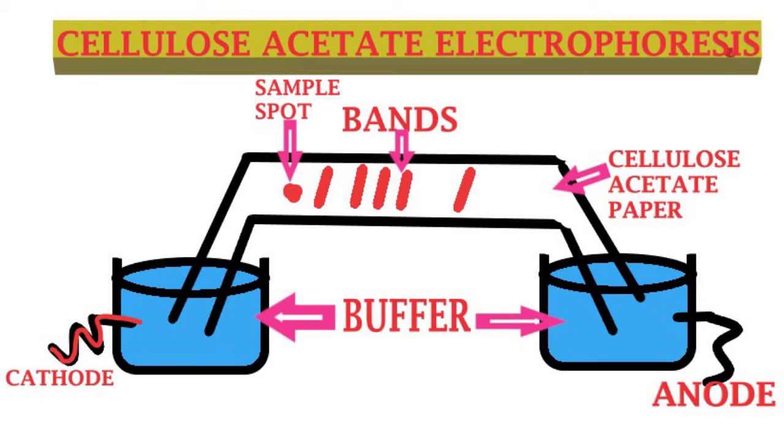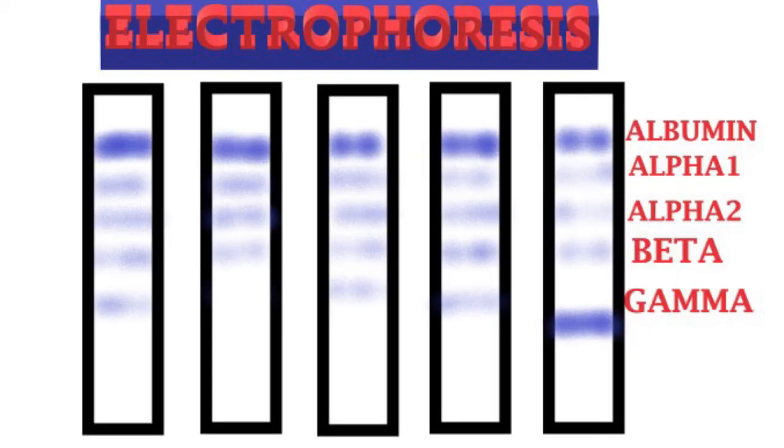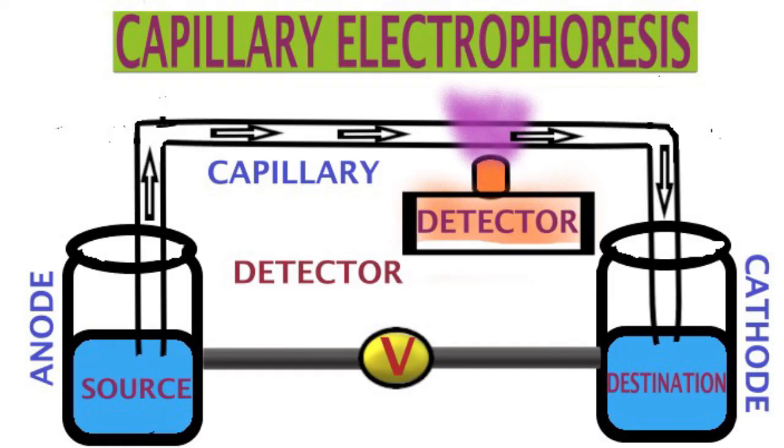The net charge on a protein is based on the sum charge of its amino acids and the pH of the buffer. Proteins are applied on a solid matrix such as an agarose gel or cellulose acetate membrane in a liquid buffer, and an electrical current is applied. Protein with a negative charge will migrate towards the positively charged anode. Endoosmotic flow is the movement of liquid towards the cathode, which causes proteins with a weaker charge to move backwards from the application site.